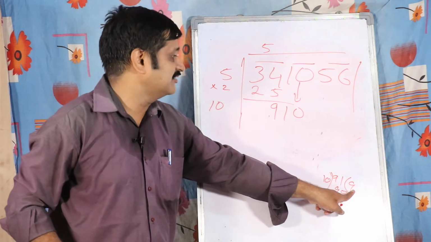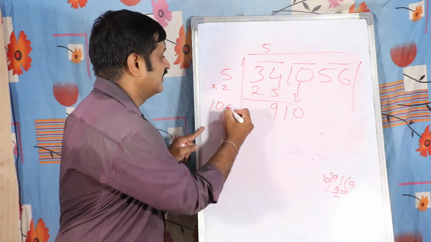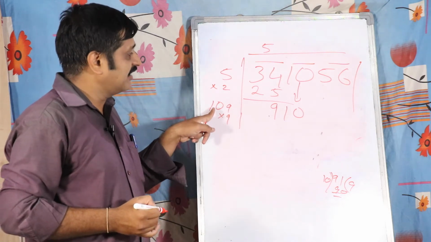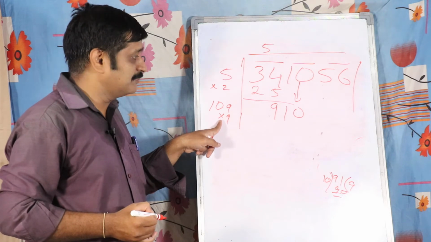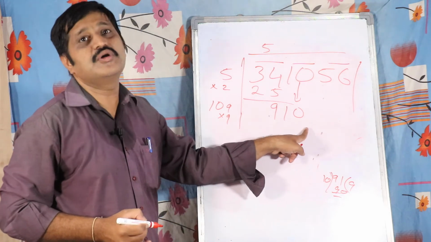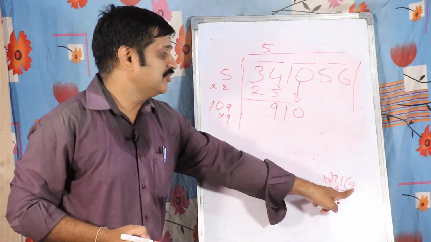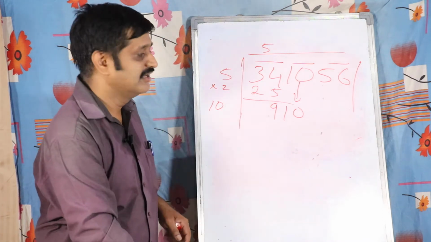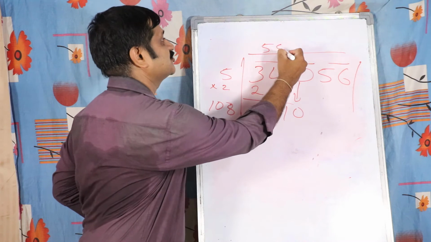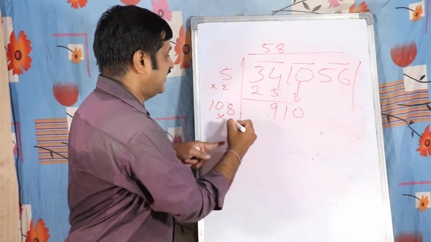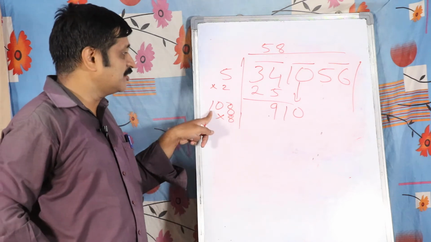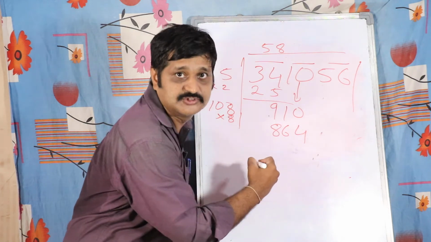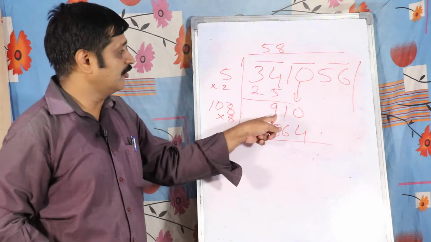Here the quotient is 9, so you have to take the 9 here and multiply with 9. 9 into 9 is 81 and 9 into 100 is 900. The total product is 981, which is more than 910. So you cannot take 9 here; you have to take any number less than 9. Okay. Let us take 8, and here also you can write 8. So 108 into 8. You know 8 into 100 is 800, 8 into 8 is 64, 864. Okay. 864. Now you have to subtract here.